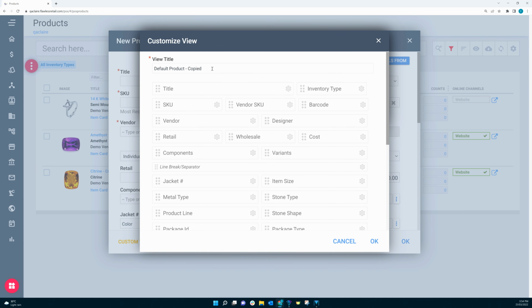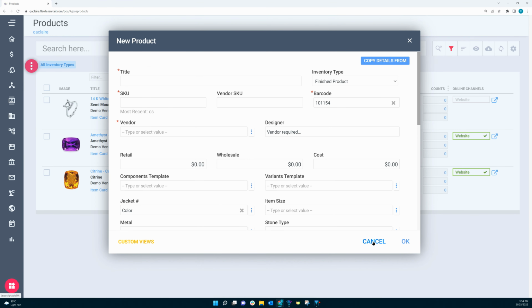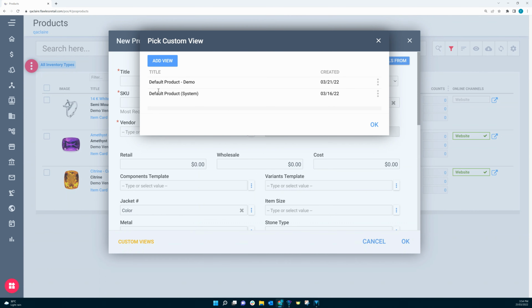Up top here is where you would give your view a name, and I'll call this one demo. Now that it's been created, I can complete the form, and once that is done, the product wizard will launch. I'm not going to do it though, because I want to show you how to create a brand new view,